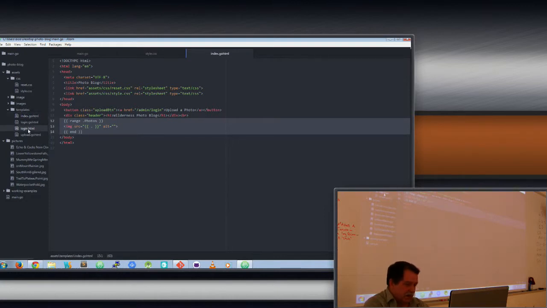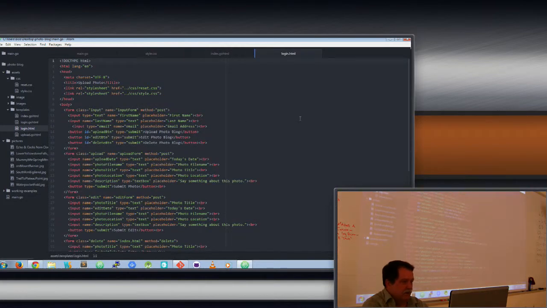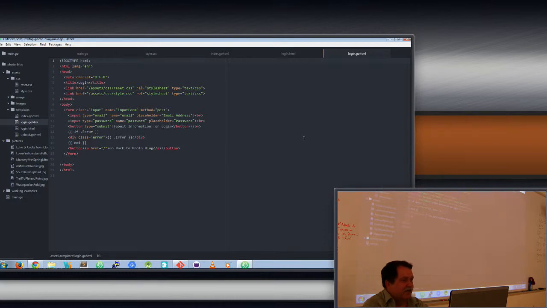Then there's the login page. Oh, no, that's a different login. That's one I was working on with extra stuff. Here's the actual login page that's being used. And again, there's a little bit of a Go template here for the error. That's when the error shows up if you do something wrong. And then